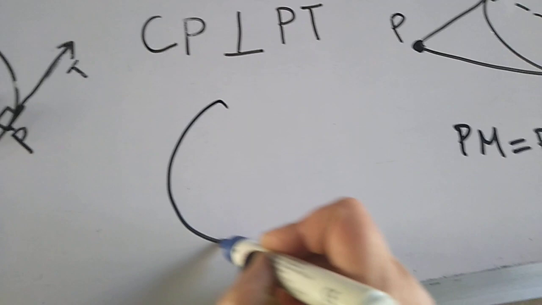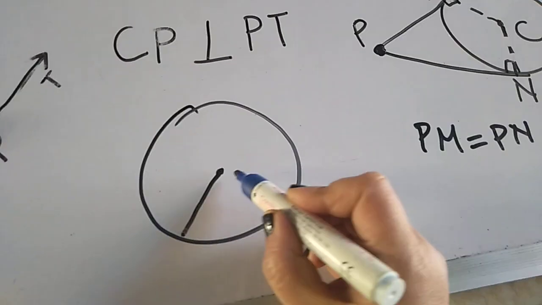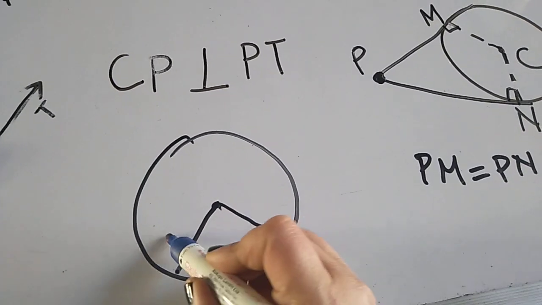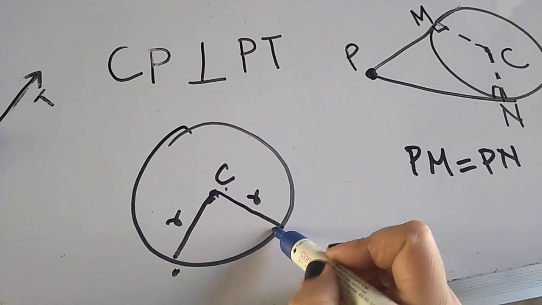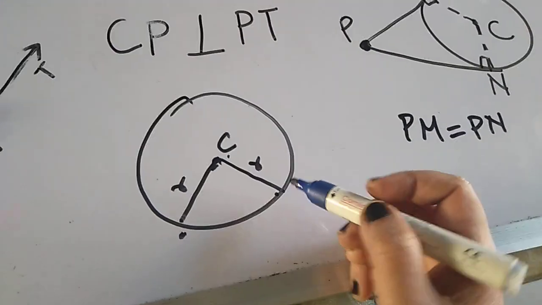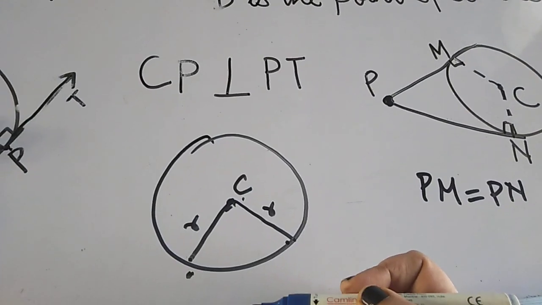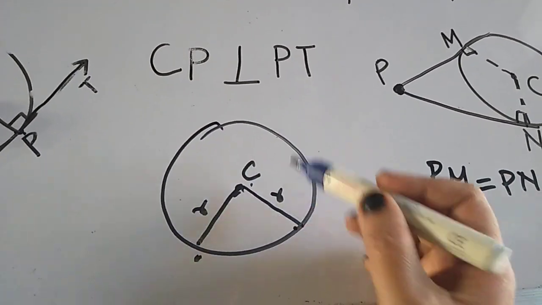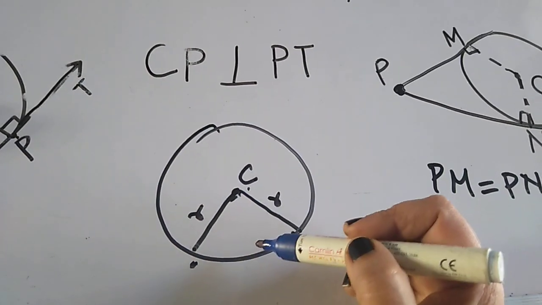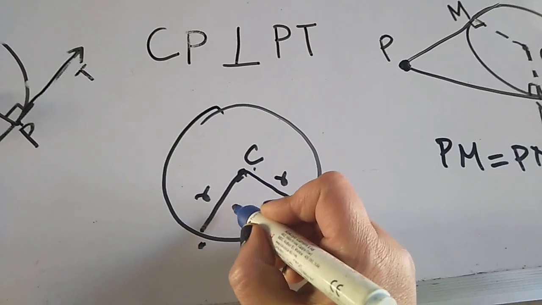Now in the same way, if I draw a circle and draw two radii, the plural of radius is radii, this will be equal to this. This is the center of the circle. You know that all the radii of a circle are equal. Now this is also dividing the interior of the circle into two parts. If I draw two radii, we get two portions dividing the area of the circle into two parts. These parts are called sectors.